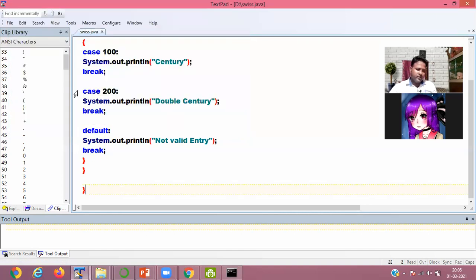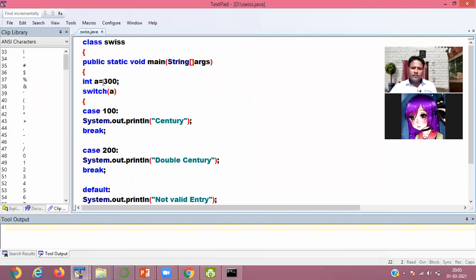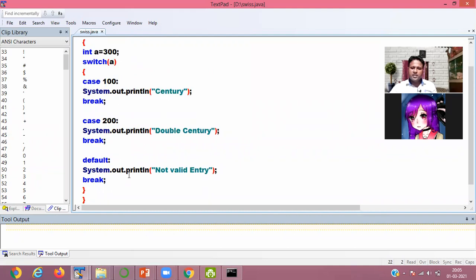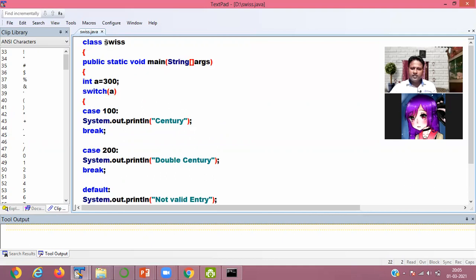So here what happened, your default case is executed. The value that you are passing, if it does not match with any case statement, then your default case arises. Clear? Yes, sir.